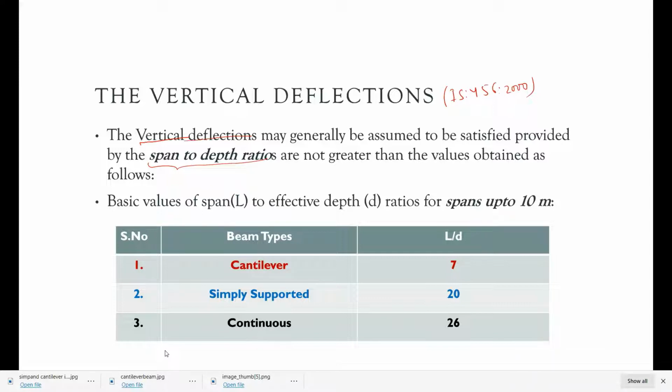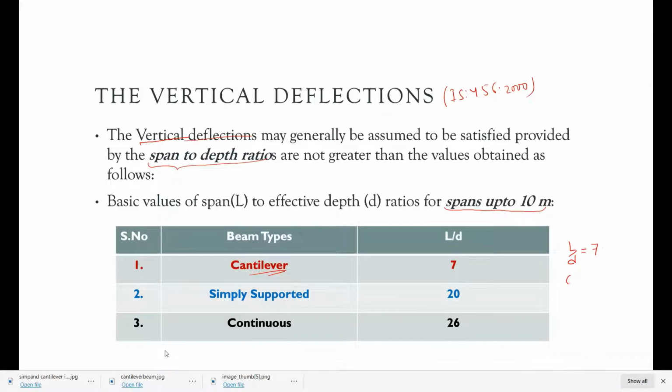The basic values of span to effective depth ratios, for spans up to 10 meters: for a cantilever beam, L by D equals 7.